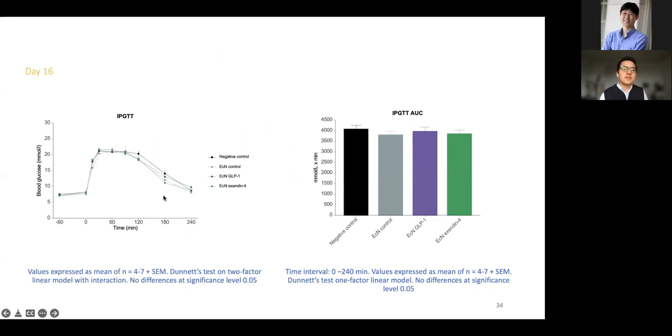But what is interesting is that we saw an improvement also in the E. coli control strain. And what is interesting about this is that there was recently a paper where they show that E. coli Nissle by itself has an effect on glucose tolerance. So this sort of explains this positive effect that we already see just by giving the probiotic that has not been genetically engineered.